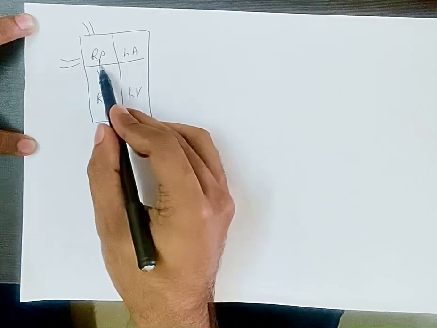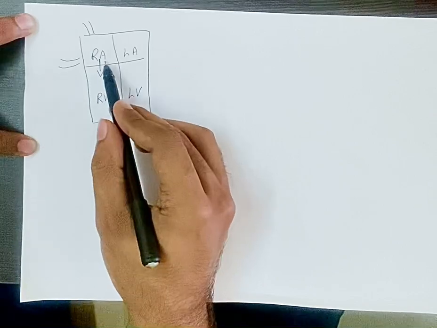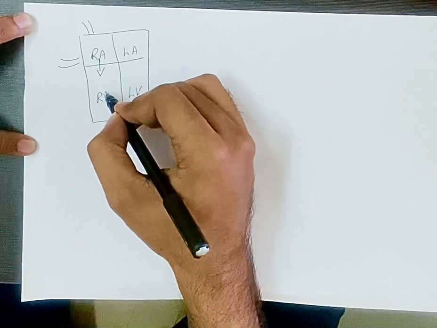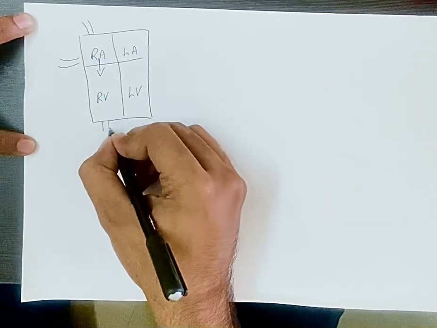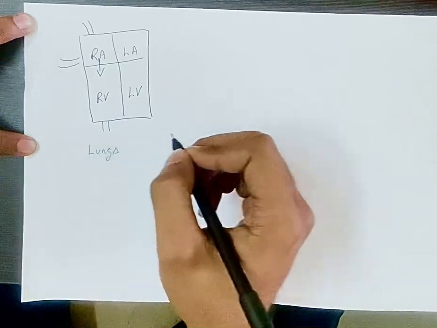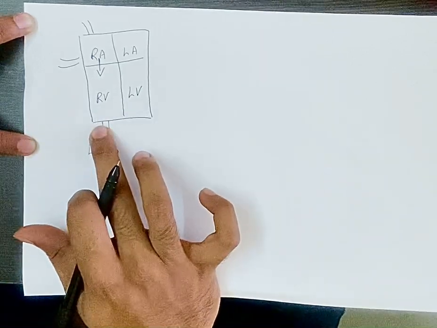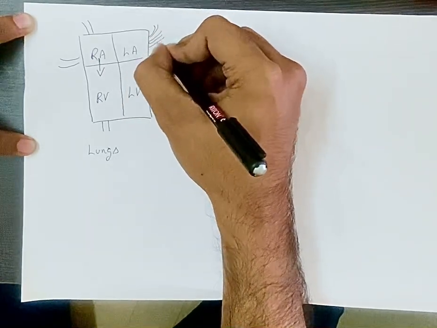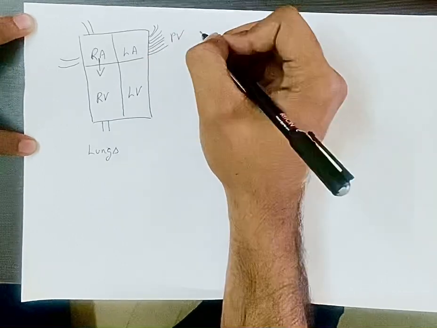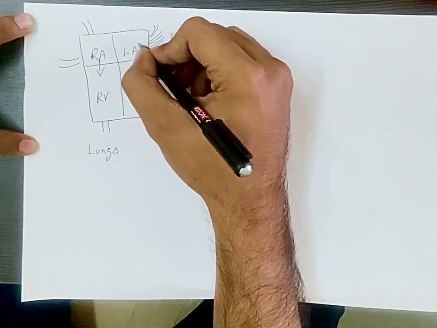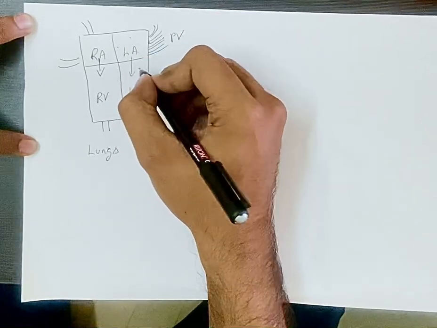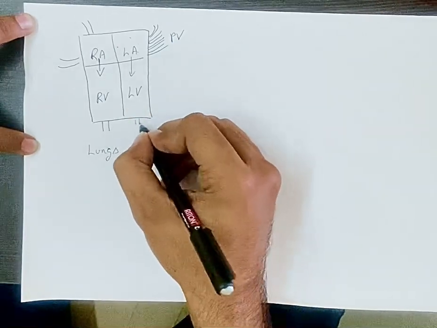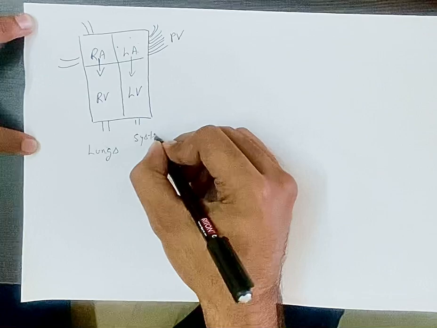This is your atrioventricular valve between the atrium and ventricles, okay? Atrium and ventricles are separated by the atrioventricular valve. So blood goes into the right ventricle, and through the right ventricle it goes to the lungs, right? And in the lungs the blood gets oxygenated and then comes back into the left atrium via 4 pulmonary veins, okay? Then the left atrium gets filled up and then blood goes into the left ventricle via the left atrioventricular valve, and from the left ventricle blood goes into the system, okay?